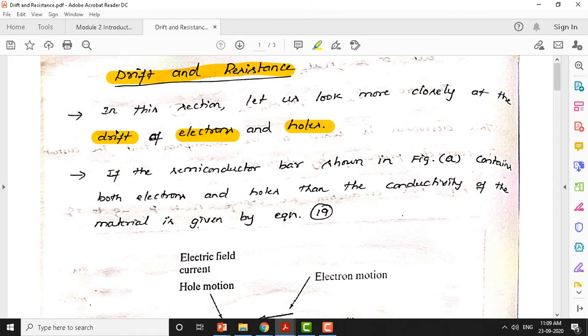Because of the applied voltage, that creates an electric field, and that makes electrons and holes move in a semiconductor device. So such type of current is called a drift current. So now I want to know from your side, what is another equivalent current that flows in a semiconductor apart from this drift current? Anybody has an idea about that?